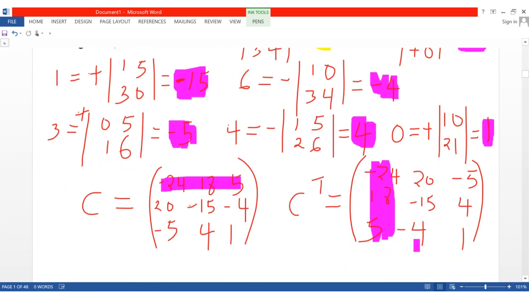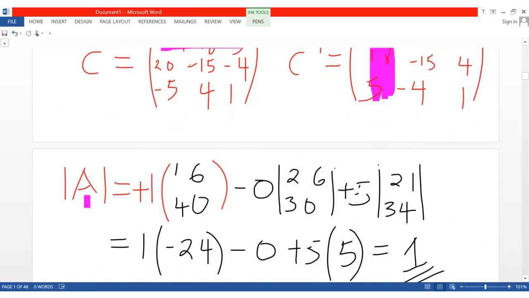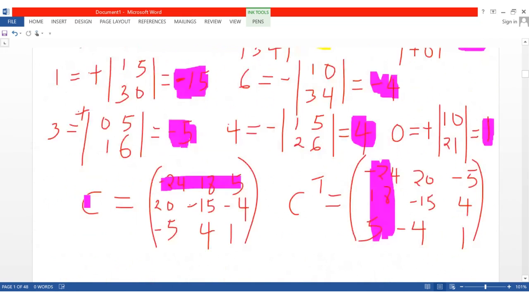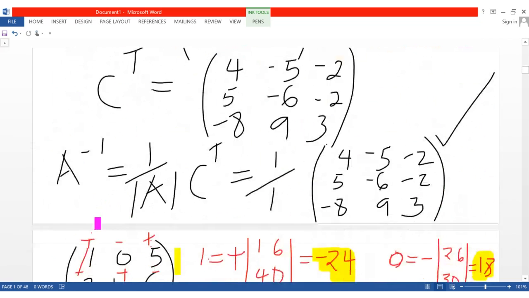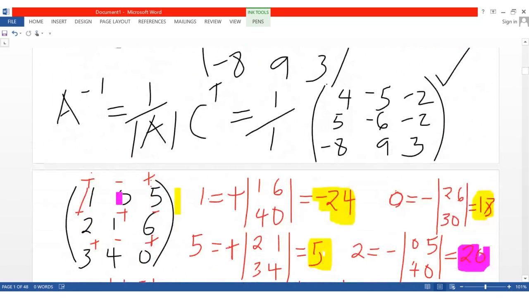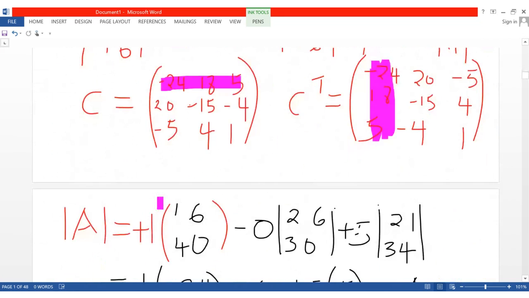After doing that, we needed to get the determinant. Going back to the matrix that we have, again, the signs are very important. We have positive, negative, and positive. You come to the element 1 and block, you come to element 0 and block, and 5 and block, together with the signs. And there we got our determinant to be number 1.